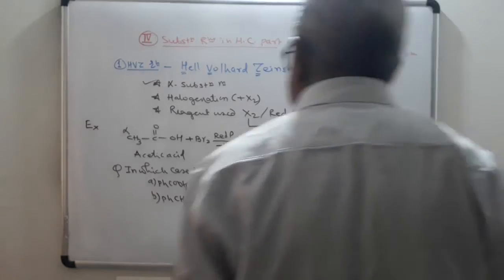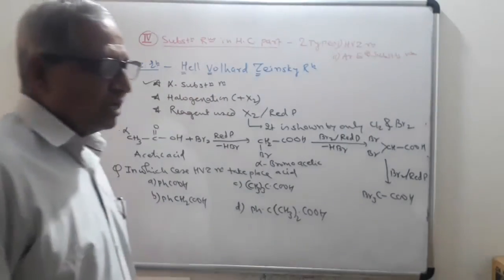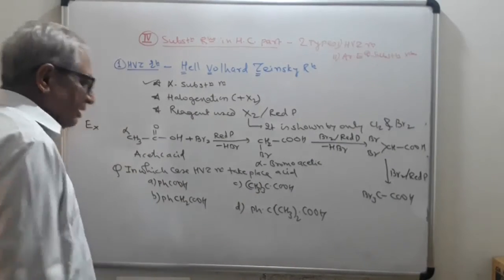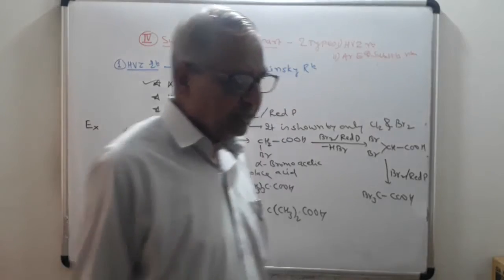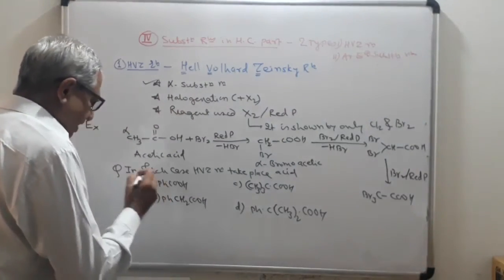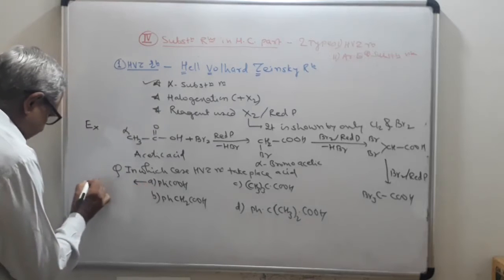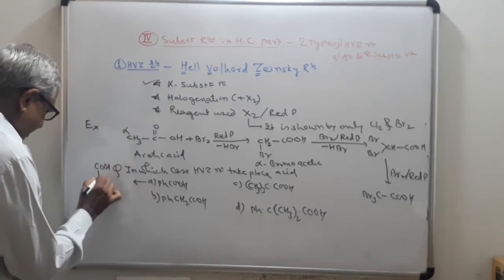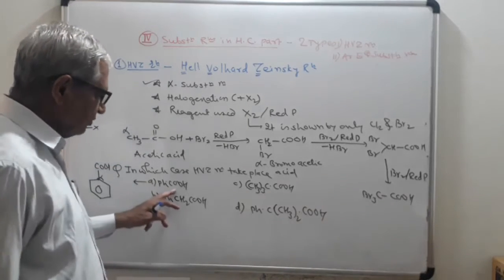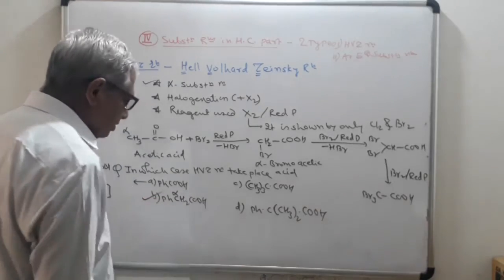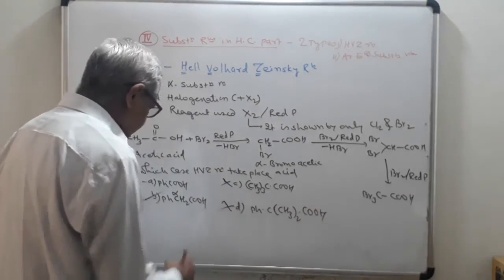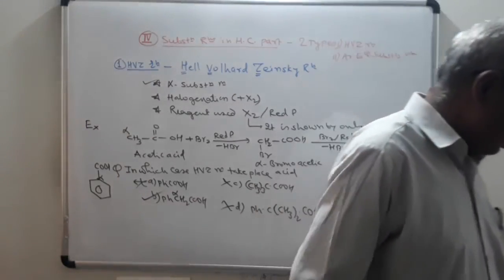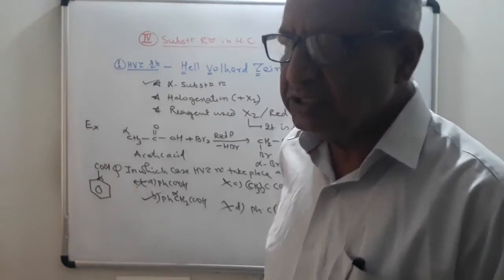What is the condition for the HBZ reaction? The carboxylic acid must contain the alpha hydrogen. You know the meaning of alpha hydrogen: the hydrogen atoms present on the alpha carbon atom. See, in this case, no alpha hydrogen. See the structure of benzoic acid. The structure of benzoic acid is like this, COOH. This is your alpha carbon. Here is no alpha hydrogen, it will not show. Again, this has no alpha hydrogen. So the correct answer is B. Such type of question will be set on the title HBZ reaction.